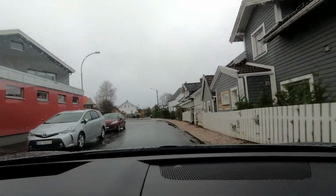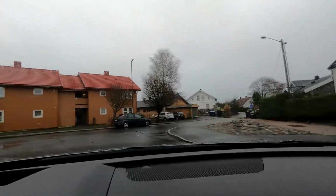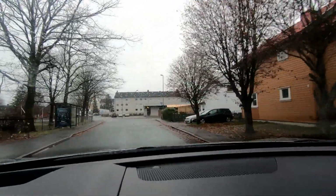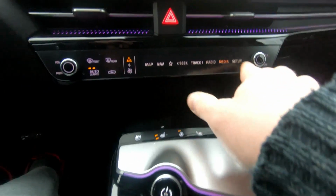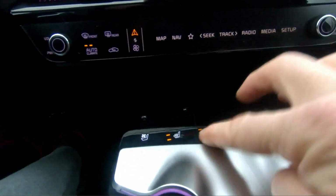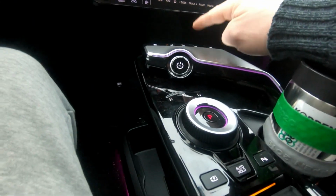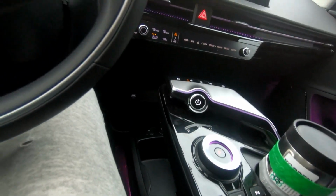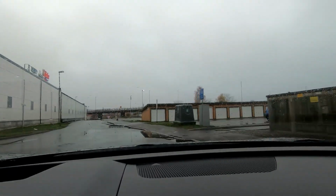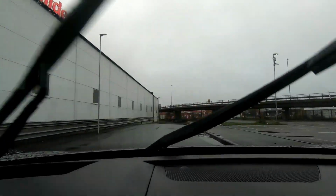The touch buttons below the screen where you control the media and stuff, sometimes you're stretching over to reach them, and you touch one of the buttons on the panel below with the heated steering wheel and so on, and you have to fiddle with that. And since both of these panels are touch panels and not buttons, and they turn on things like heated and cooled seats and all of that stuff,